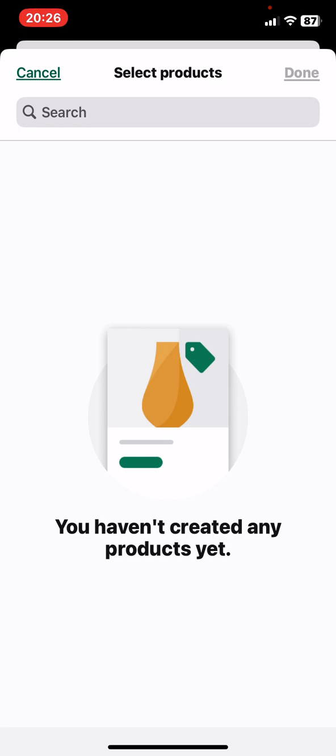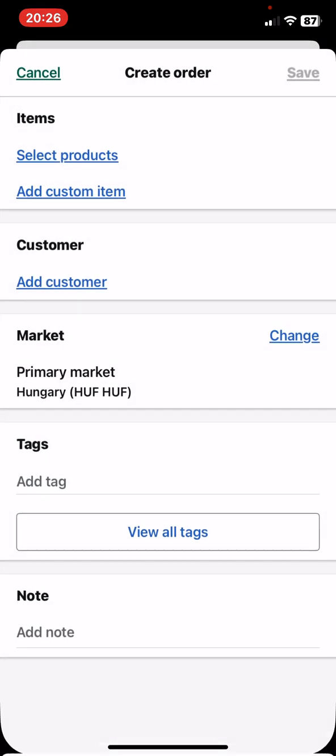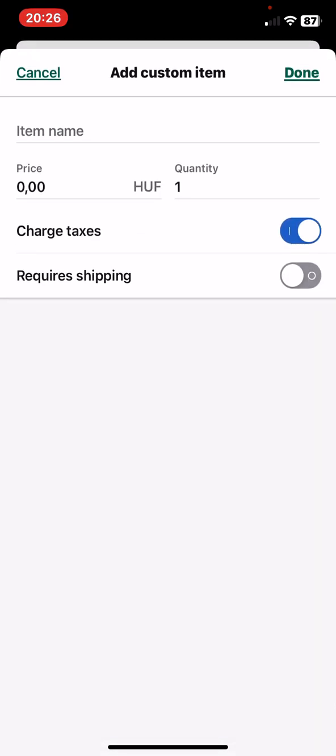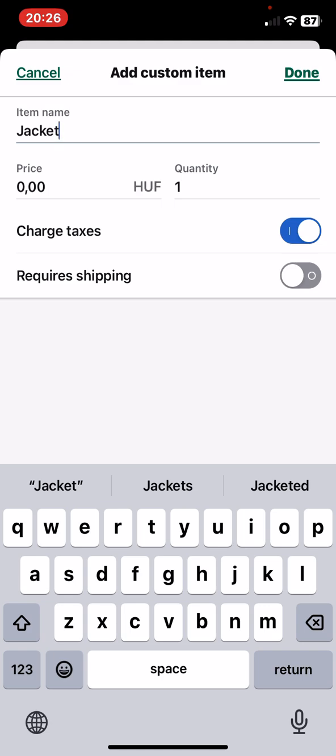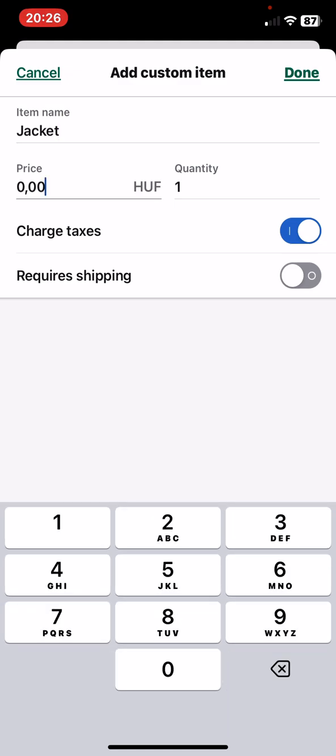So choose a product from here. I don't have any, but you can upload it from here, and then add a custom item. So give your item a name, like, I don't know, jacket, and then set a price, for example,